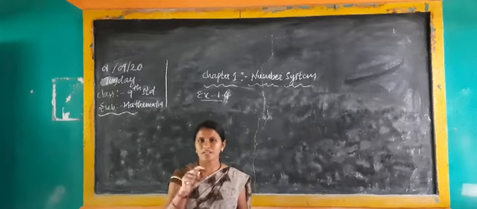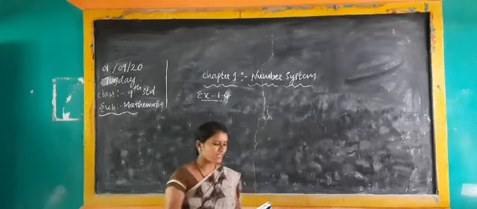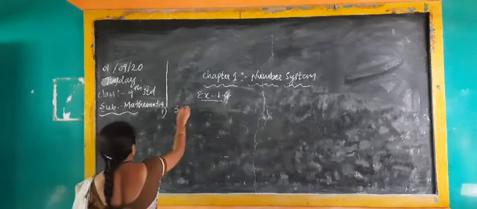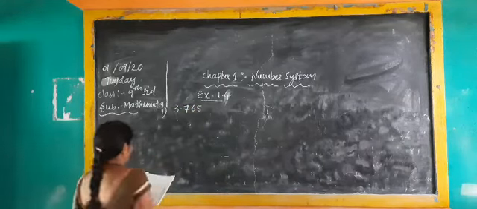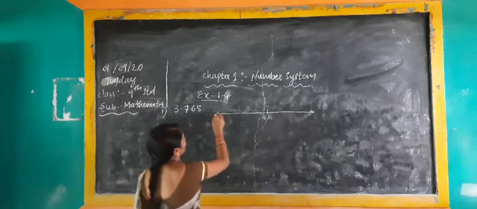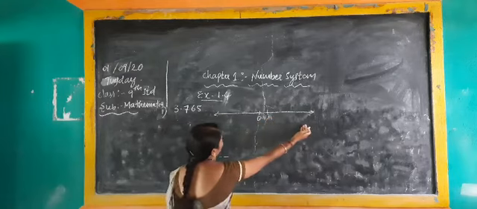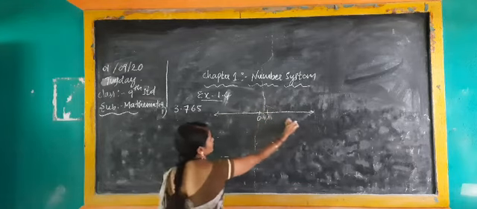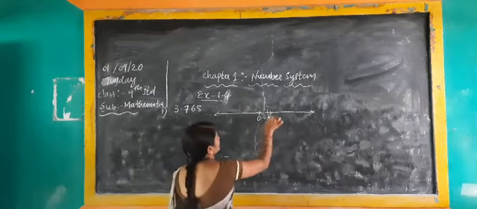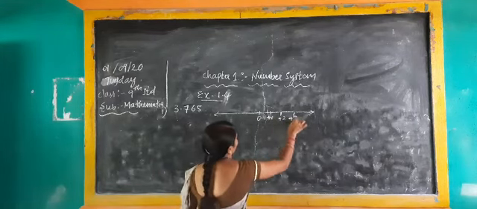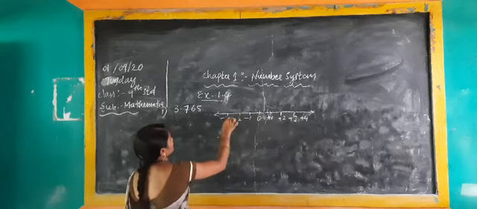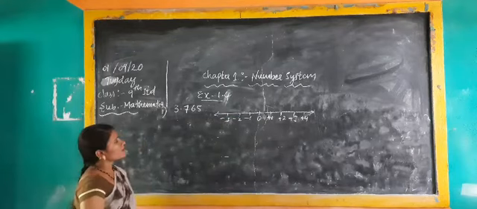We know the number line. First draw the common number line. Write down 3.765. Draw the number line as usual. How are you drawing? Write 0 here, the starting point. Here should be positive numbers, and the left side should be negative numbers. Here +1, +2, +3, +4, and so on, and here -1, -2, -3. It is a general number line.